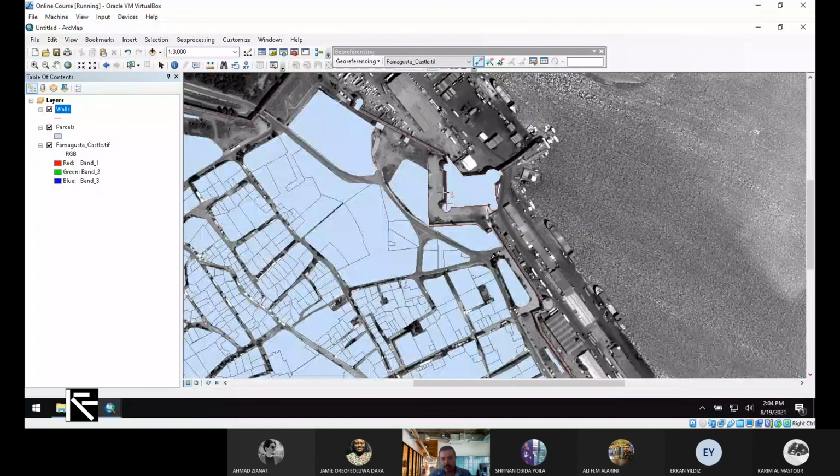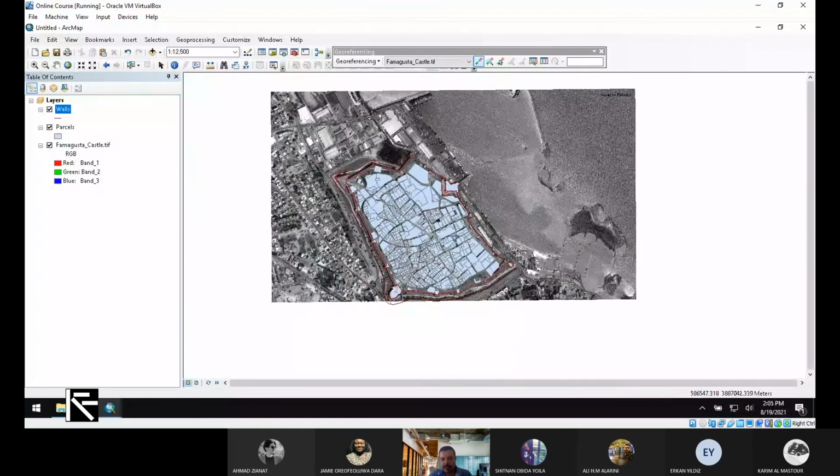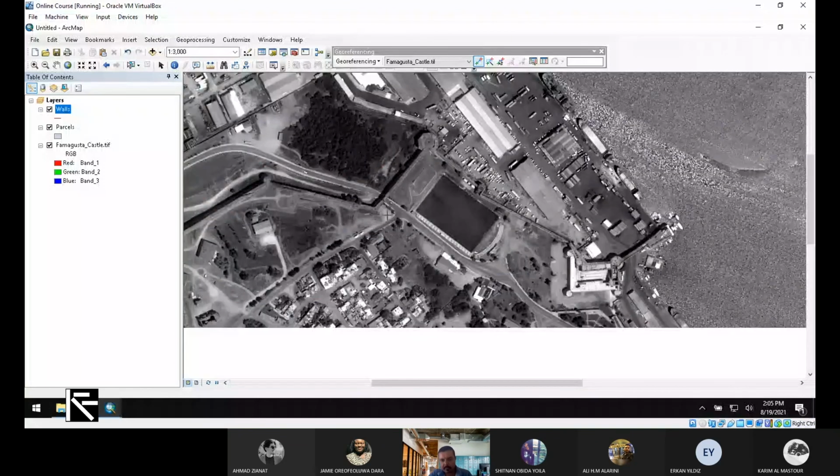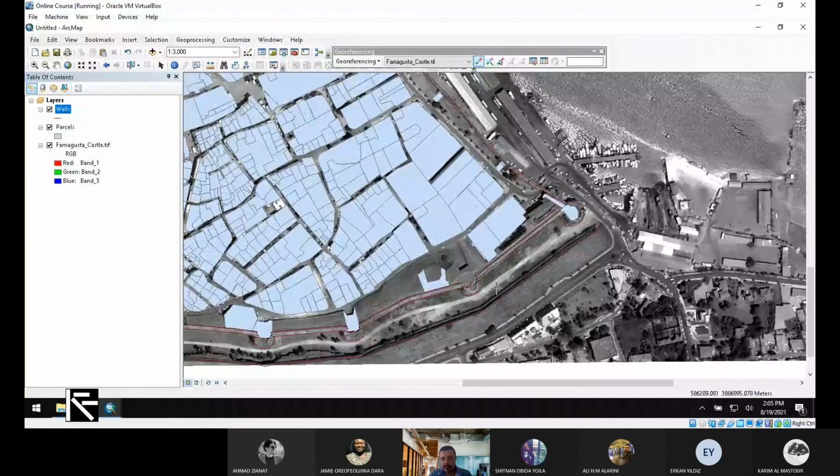Now my map is ready with the second method. As I told you, as you increase the number of points, your result is better. For instance, right now I use 3 points, but if you use, let's say, 4 or 5 points,